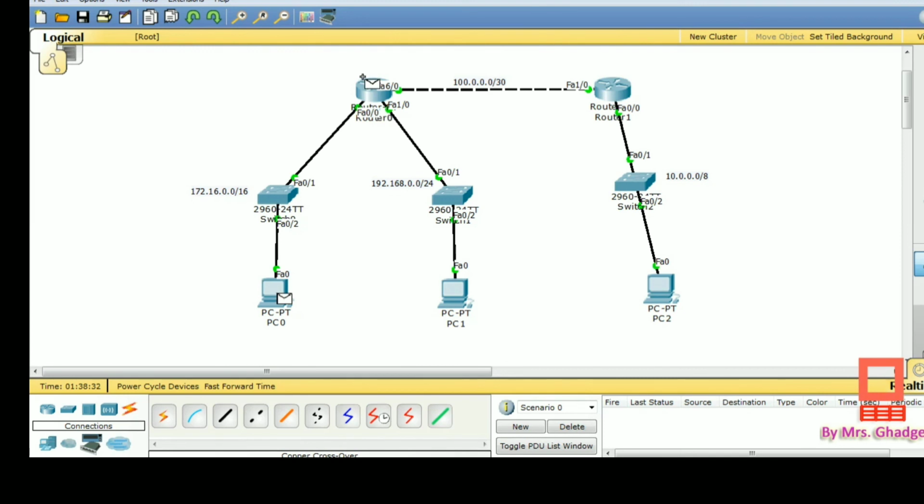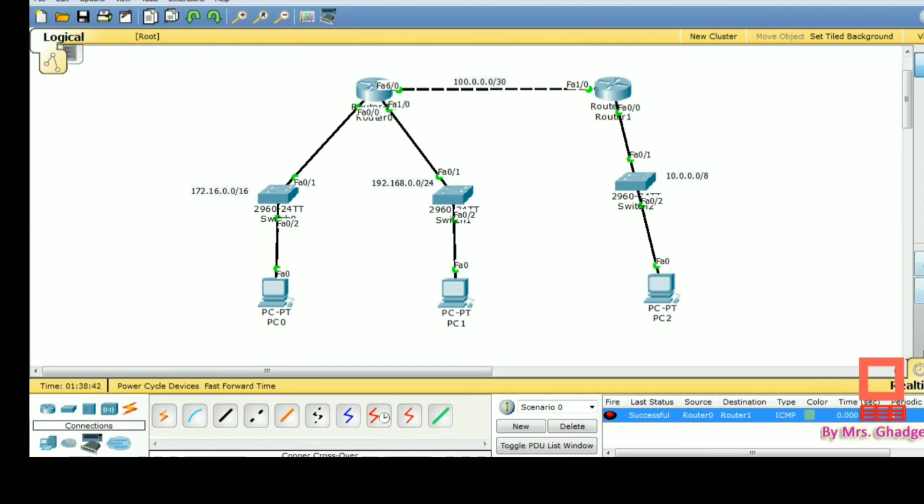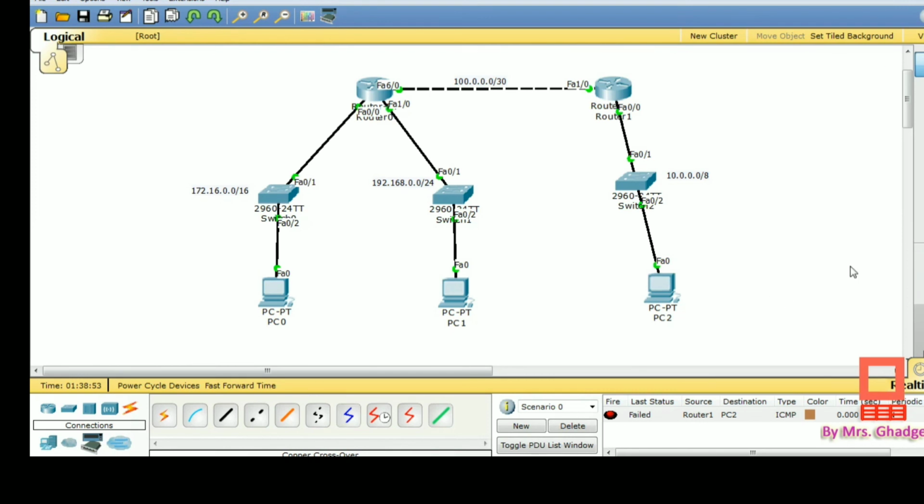So from PC0 to router 0 it is shown successful. Just delete it. Then from router 0 to router 1 it is shown to be successful. Delete it. Then from router 1 to PC2, okay, it is shown as failed.